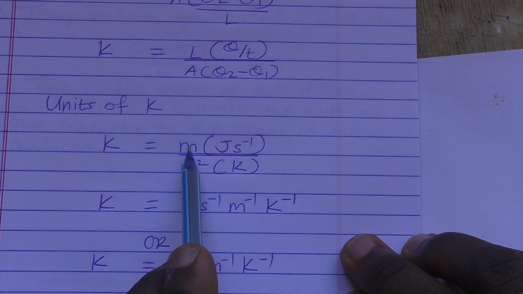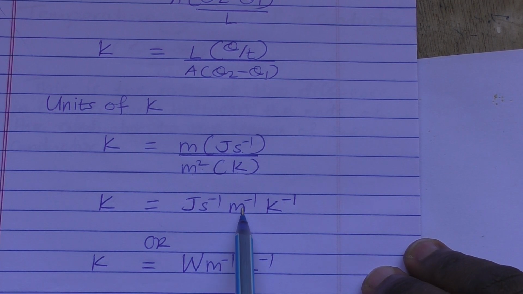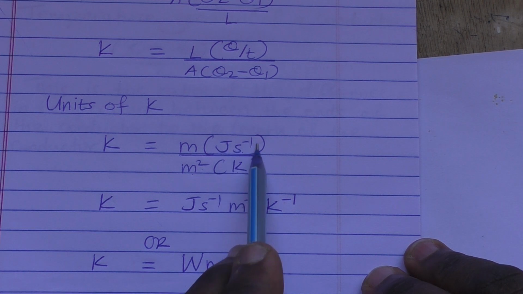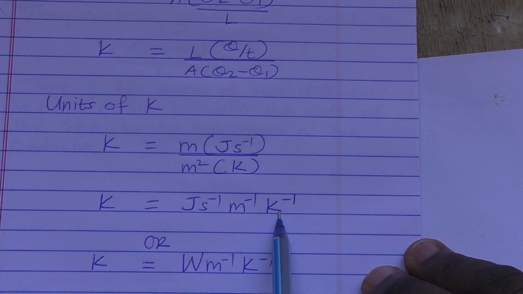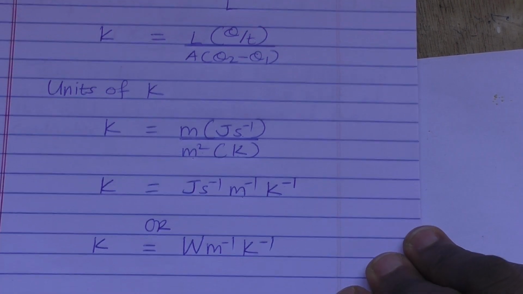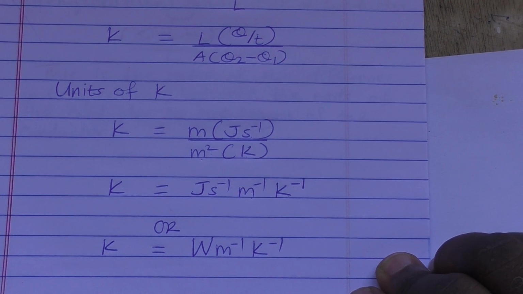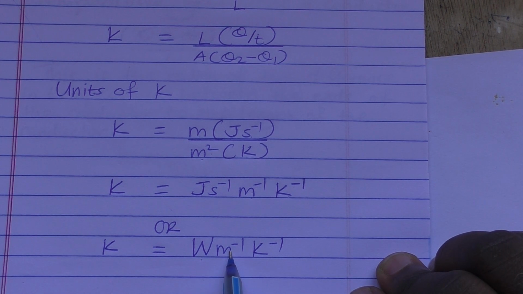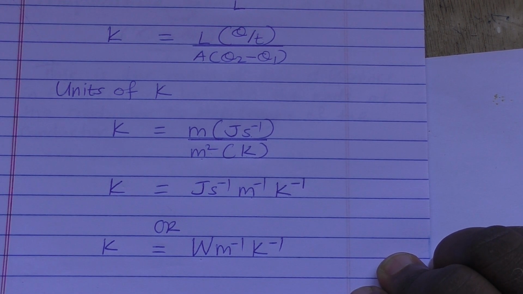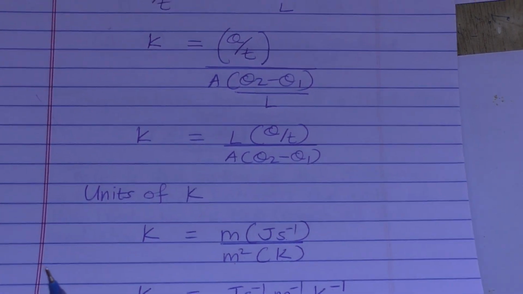So we can reduce meter and meter squared to give us per meter. So it gives us joules. This one is reduced per meter per Kelvin. So that is how we get the units for thermal conductivity K. We can combine these to give us a watt. So it is watt per meter per Kelvin. That is how we get the units of